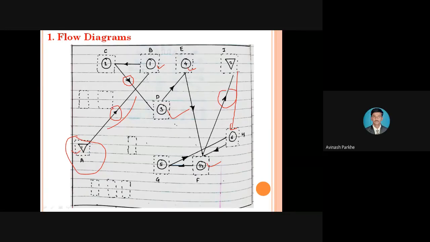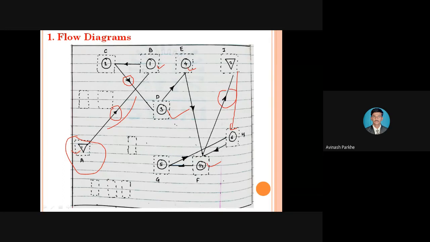Okay, so this is the first type of diagram, which is called a flow diagram, in which the movements taking place by that particular job from one location to another location can be represented by using an inclined line. Along with that inclined line, arrows are also provided. Through this inclined line and these arrows, you will get the proper movements taking place by that job, or the same movements we can represent for the man also, because the operator sometimes also moves from 1 to 2, 2 to 3, 3 to 4.